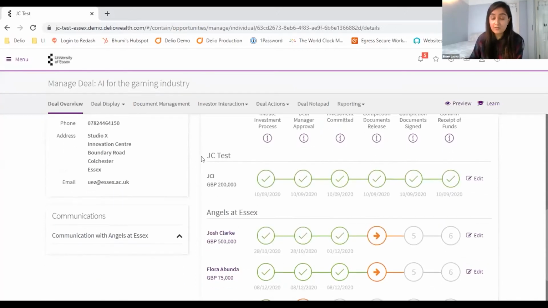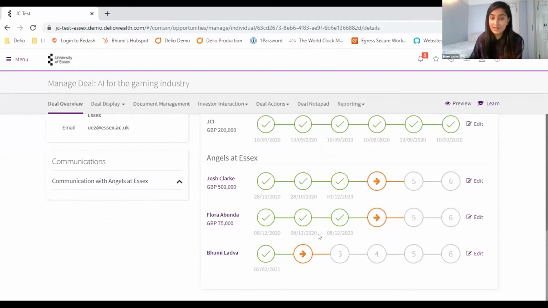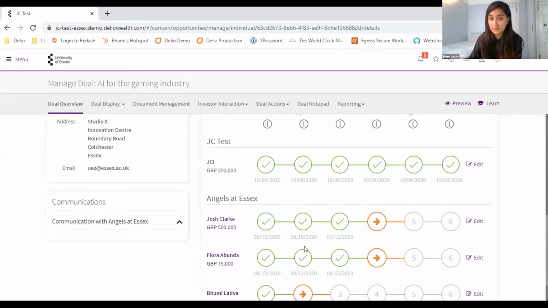I will show in more detail when investors interact and how you can move them along into different steps, how you can release documentation to them. But you can see here that there are two sections that my investors are split up in. One is highlighted and I can click on them and move them along. The other is grayed out.